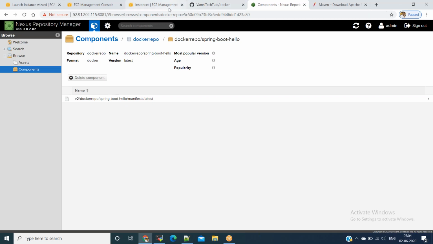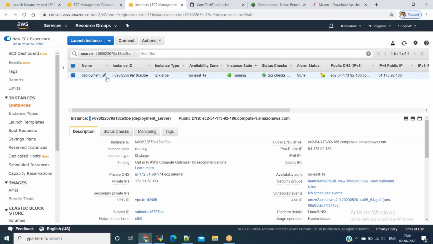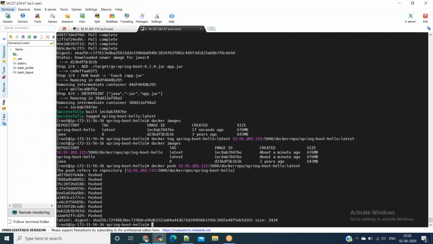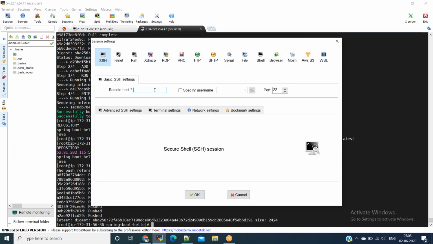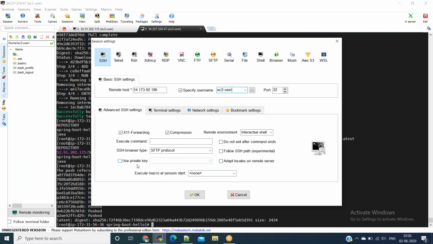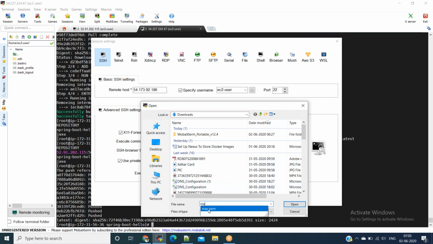We'll go to the Docker deployment server which we created. Grab the IP of the deployment server and we just need Docker there. We don't need any other software. We just need Docker there and we need to configure Docker insecure registry. Advanced SSH settings, use the private key, browse for the key pair.